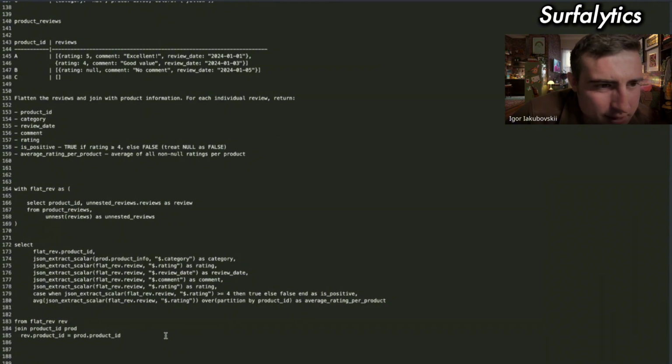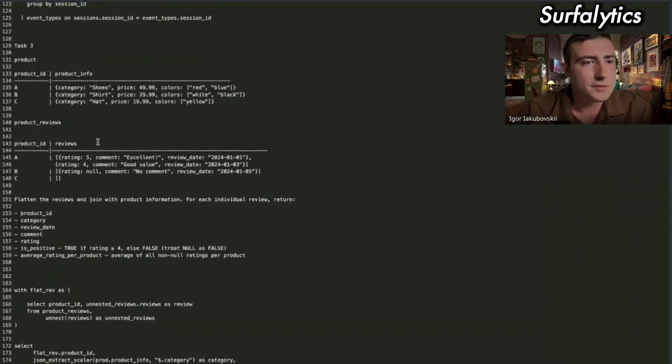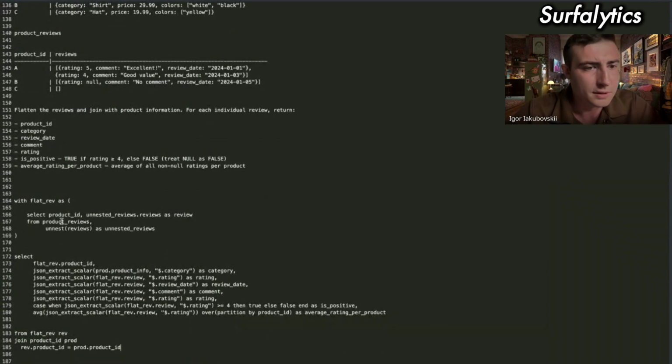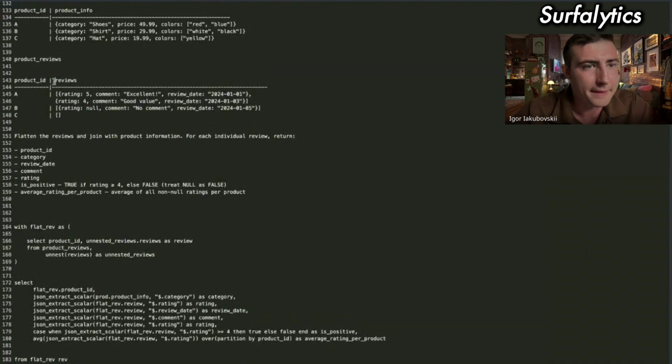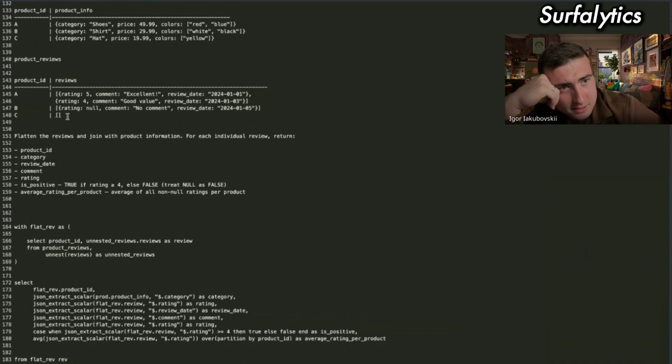The first step is flatten, with unnest. We've got nested reviews from product review. Reviews have a few product IDs, and one row for one review is a unique row, and product ID is a duplicated column.